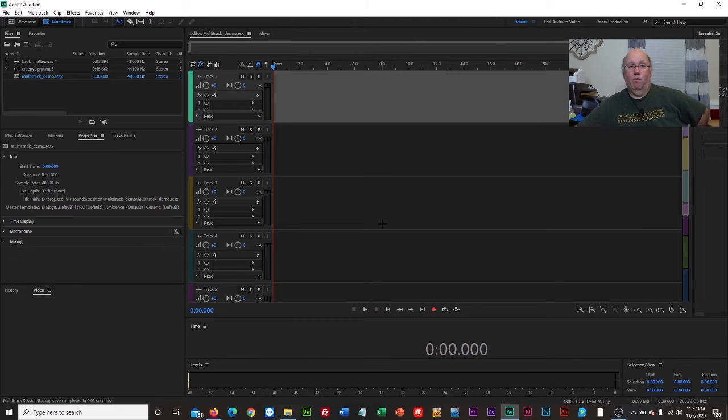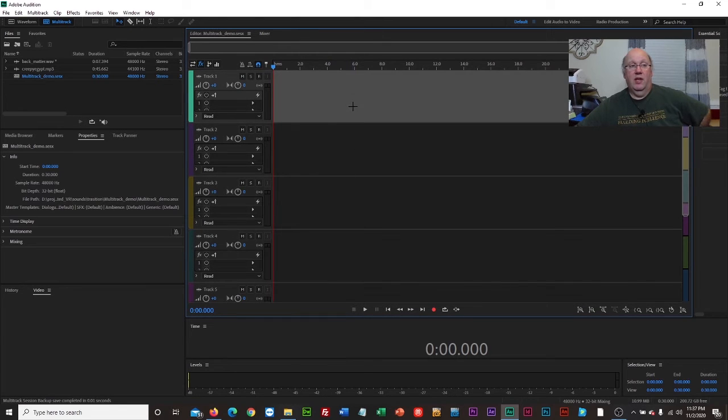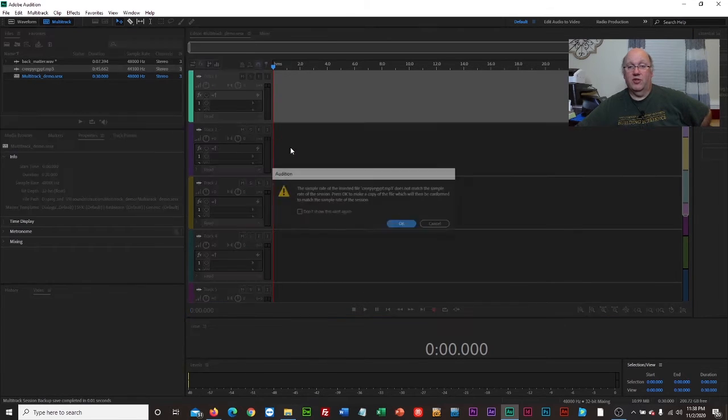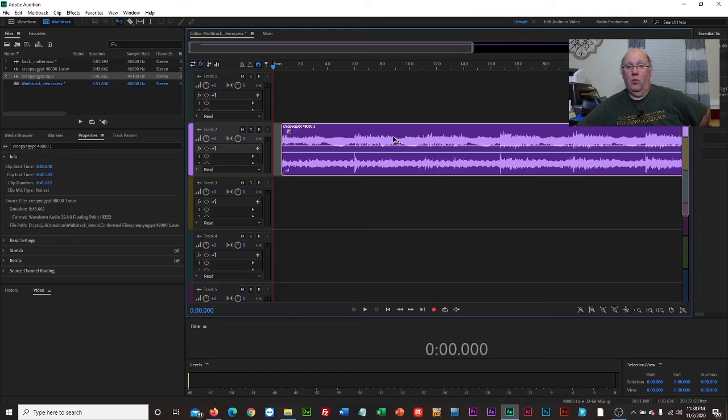And immediately I get a different screen. And so these are the tracks. Every track, right now they have different colors. And I'm going to take that music, Creepy Egypt, and put it in a second track. And it's telling me that this sample is slightly different than it expects. I'm just going to ignore that, just hit OK. And what I want to do is have the music come in first. So if I play the multitrack session,